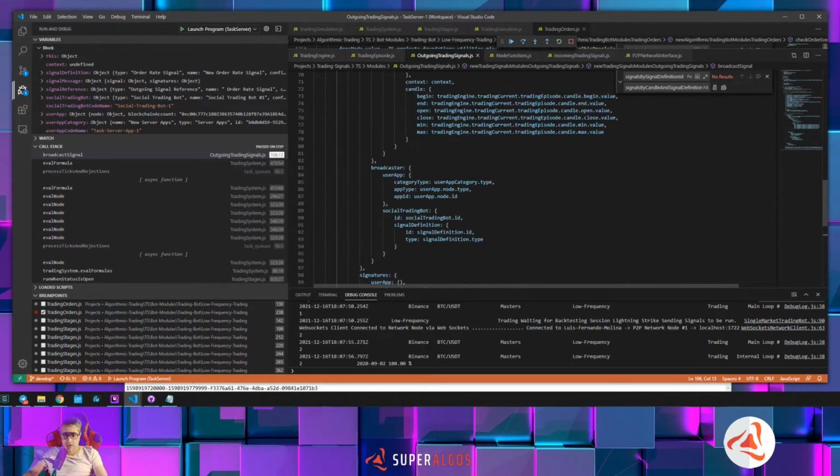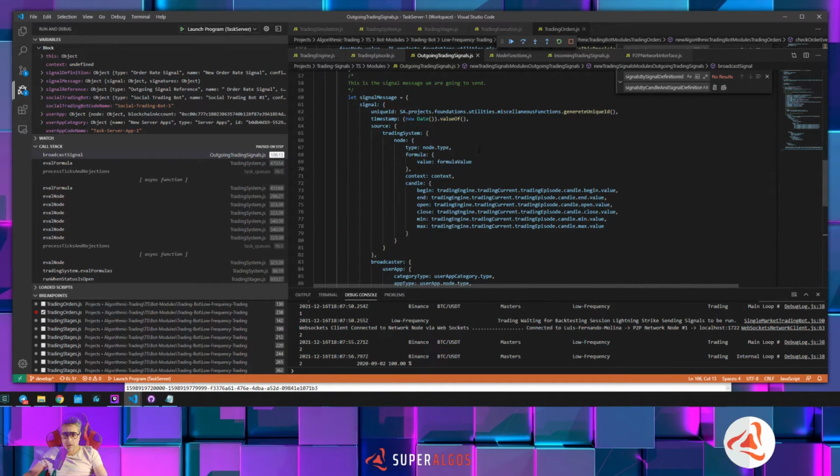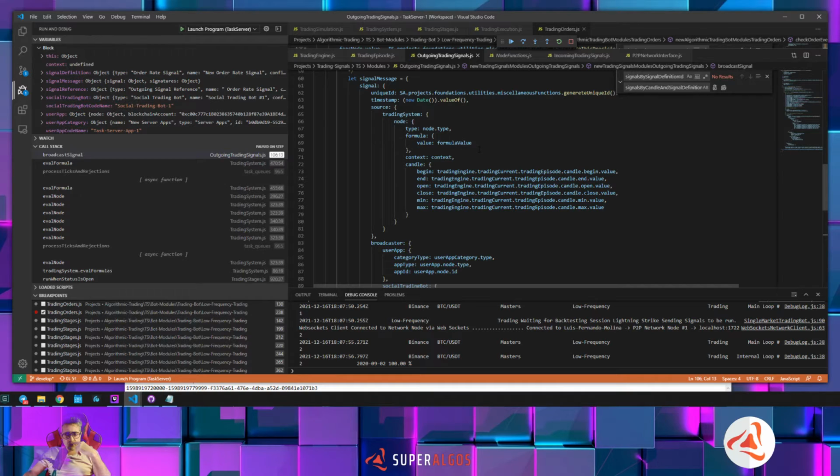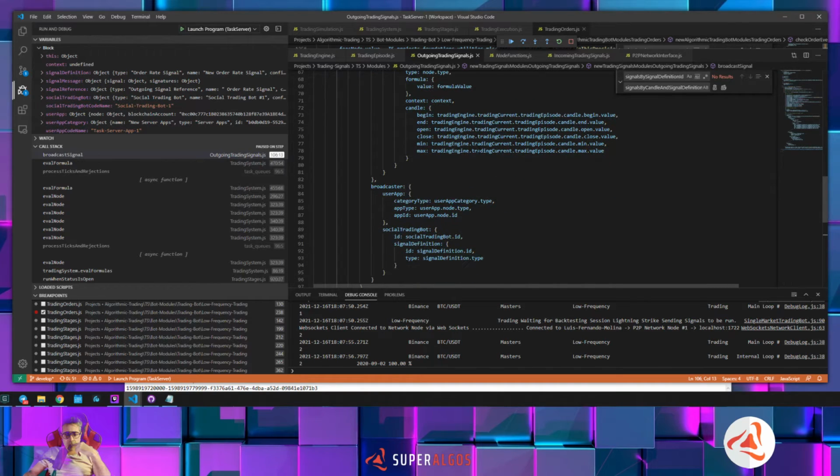Okay, let me check. The node ID. Not the node ID, but